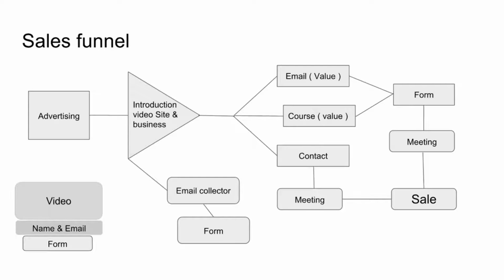So this is the sales funnel. We've talked about it a little bit before. Advertising, then they're going to go through this whole process in turn to get a sale. Most of this is automated, such as the value builders and the email collector and the form. The ones that require work are the contact, which is just a simple email. That's a template, so that's already done. It's just to fill in the blanks and send it. Then the 2 meetings, where you just answer the questions and present what you have to present, which I will show you. And then boom, you have a $1,000 sale, $1,000 plus. These clients range from $1,000 up to $20,000.